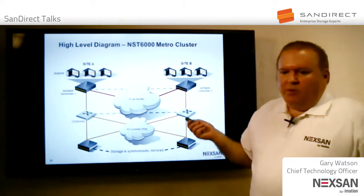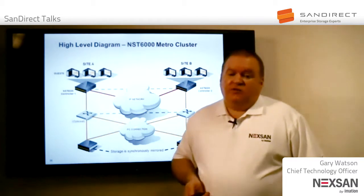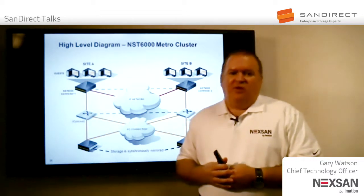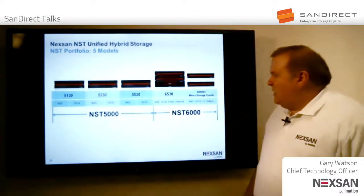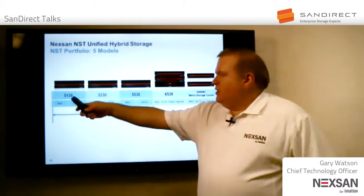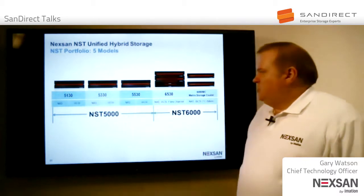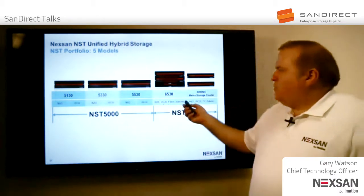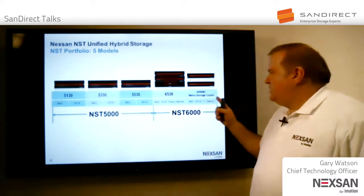Now, there's not very many people who can do real metro clustering like we can, and it's a very powerful technique. It's very interesting, especially for Xen, Hyper-V, and when we get it certified, VMware people as well. So the basic family, the 5000 and the 6000 family, looks like this. We have the NST 5130, which is NAS and iSCSI, 5330 and 5530. So that's NAS and iSCSI. 6530 adds fiber channel. And then there's the 6000 metro cluster, which has NAS, iSCSI, and will have fiber channel